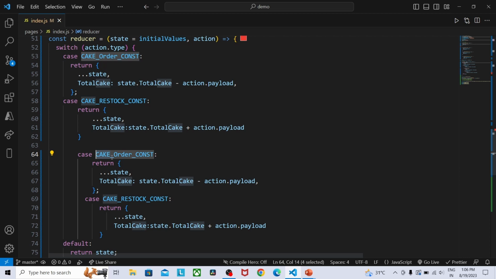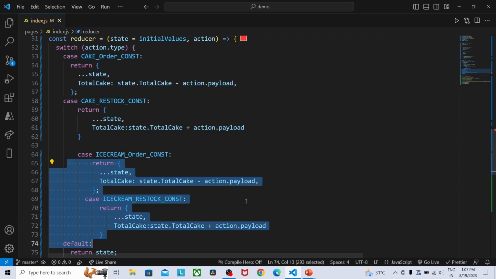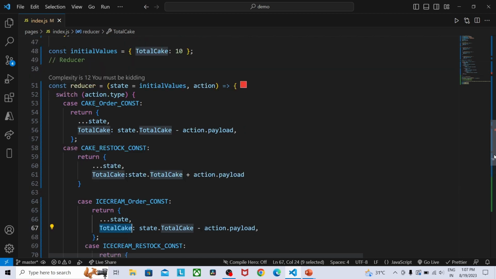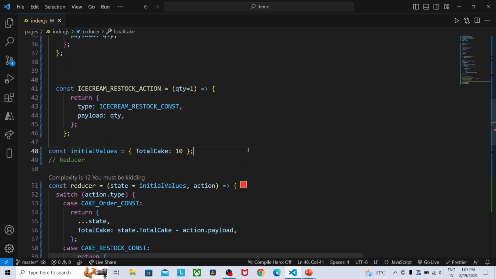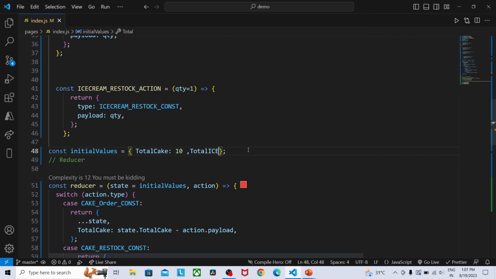Inside the reducer we have operations for cake, we have operations for ice cream, but the value here is cake. So I'm going to provide the initial value, total ice cream